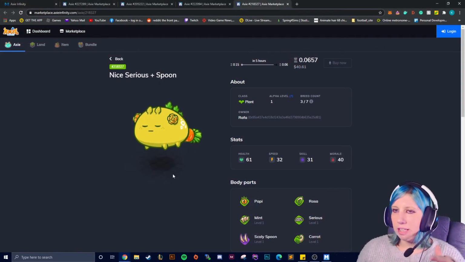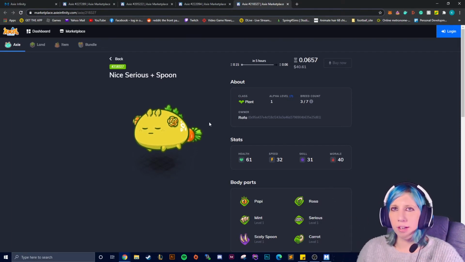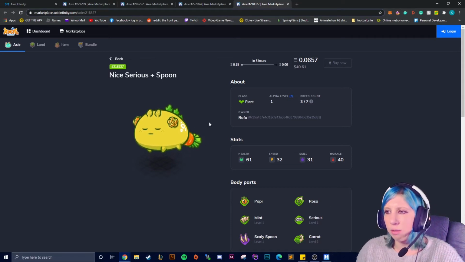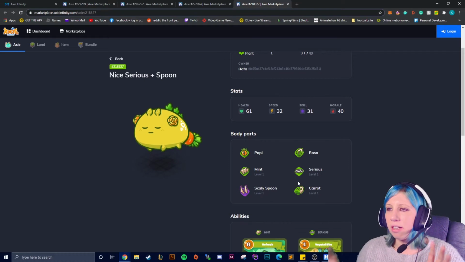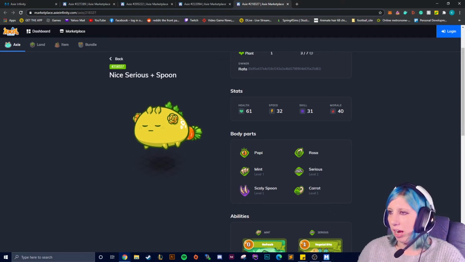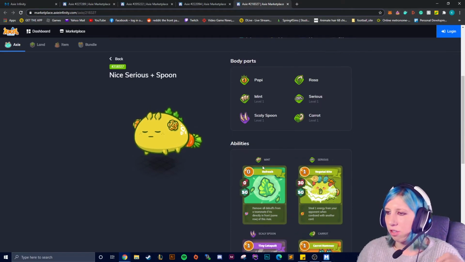Okay, so this is the first tank we're going to have a look at. It's plant, where all the tanks we're going to look at are plant. Aquas can also make some nice tanks as well. Their health is fairly good, and they also have some sort of mix cards that go well with them. Anyway, this one isn't a full plant. So as you can see here, this is where it tells us our body parts. It does have Scaly Spoon, so its horn